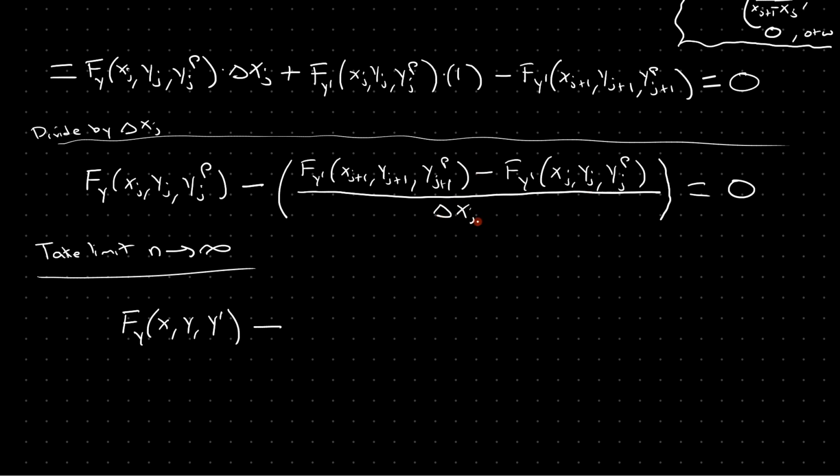The maximum size of this delta x_j is going to 0. But this difference right here at any point x is also going to 0 because the point x_(j+1) is getting closer and closer to the point x_j. So in the limit as n goes to infinity, this expression right here reduces to the normal derivative,